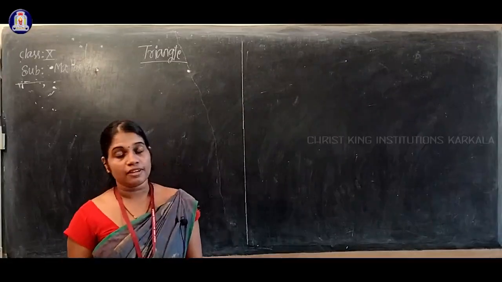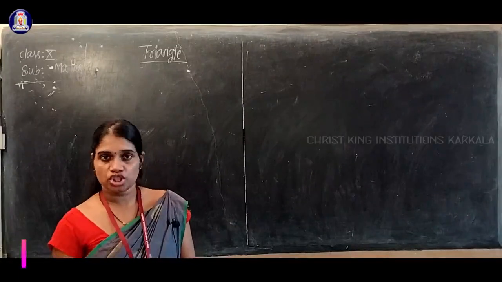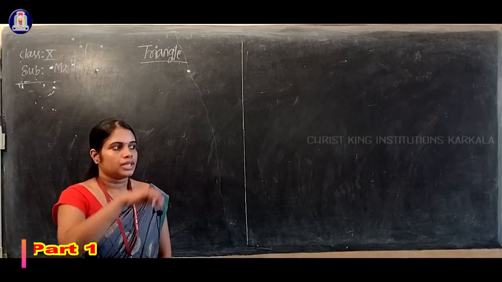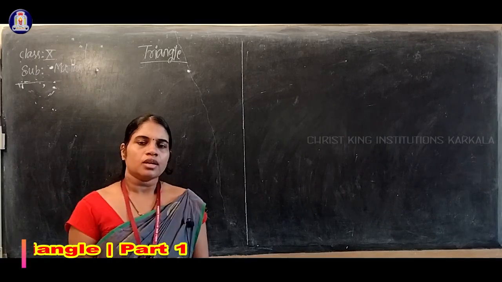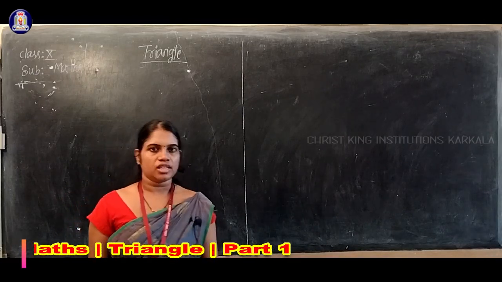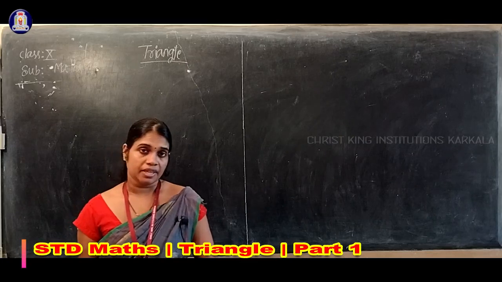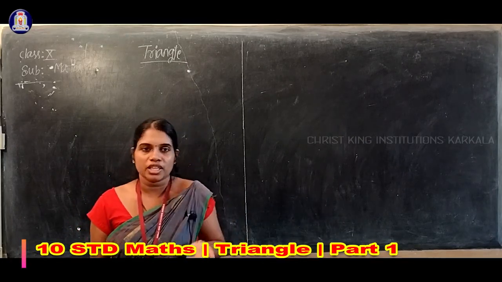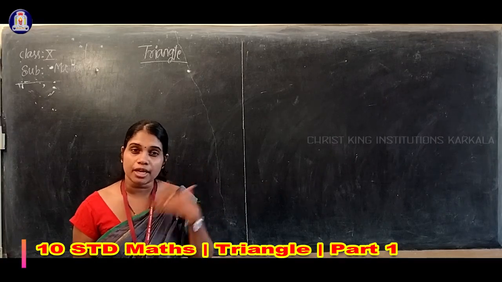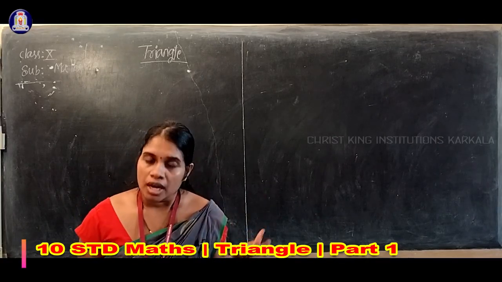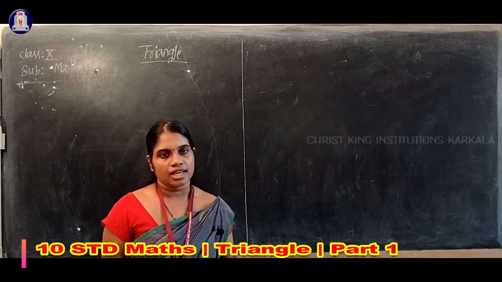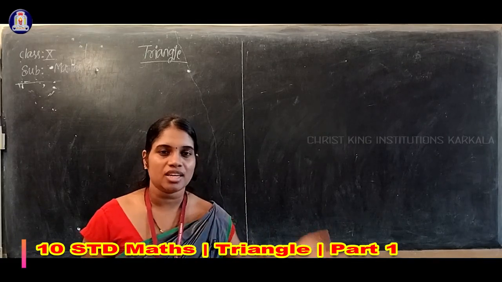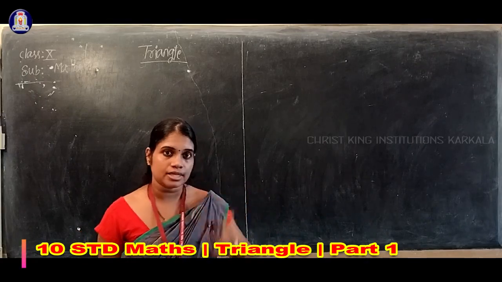So in today's session we're going to learn about a new chapter, that is triangle. The basic properties of triangles you already studied in your previous class, isn't it? The shape of a triangle as well as some of the properties of the triangle, also different types of triangle like isosceles triangle, right angled triangle, equilateral triangle or scalene triangle. All these different types of triangles you have already studied, isn't it?